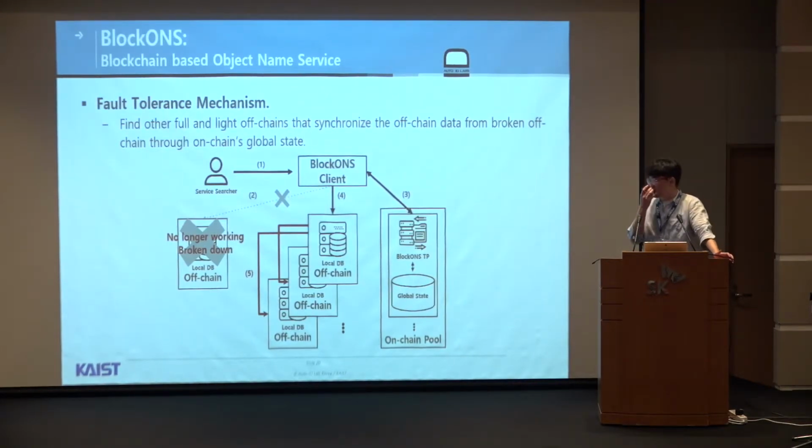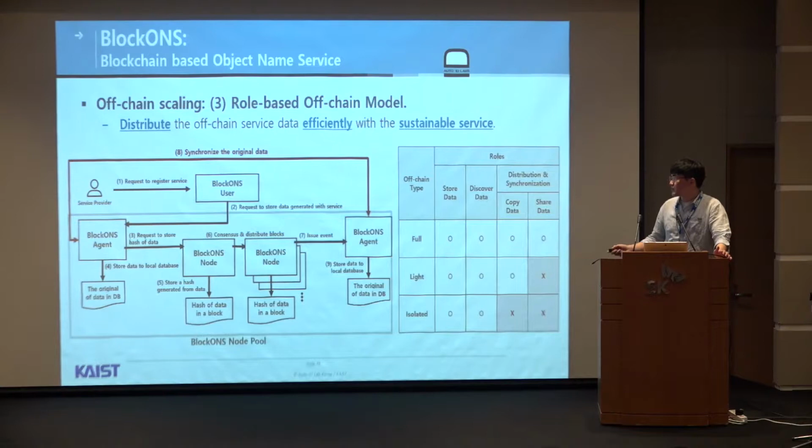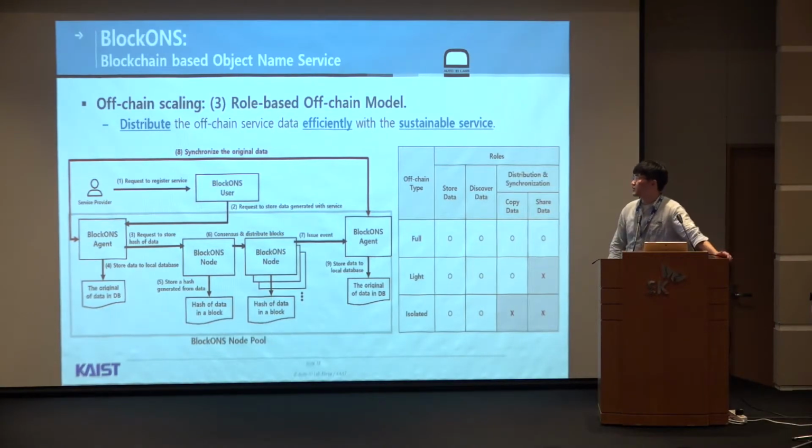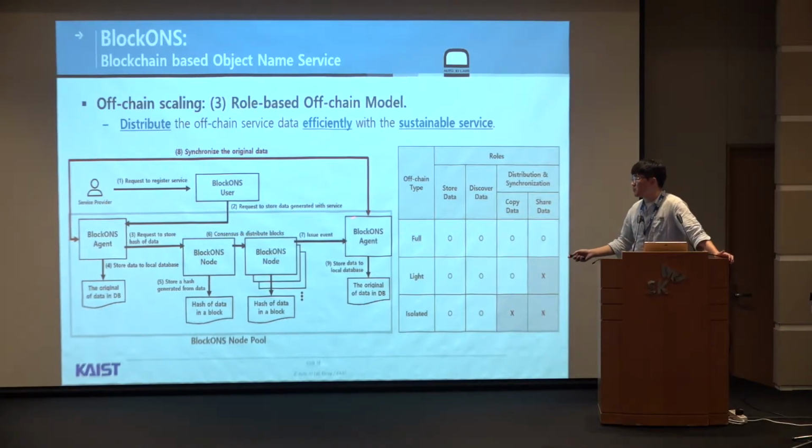And for the tolerance mechanism, the role-based off-chain model provides sharing and copying of original data to other agents, and this agent information is also stored in the blockchain. So we can find